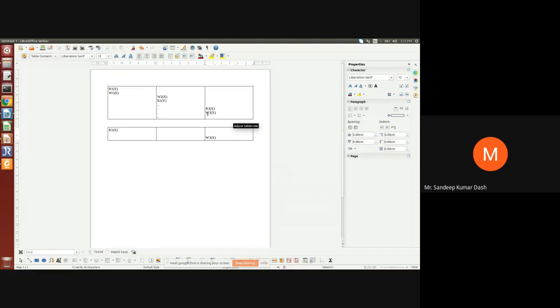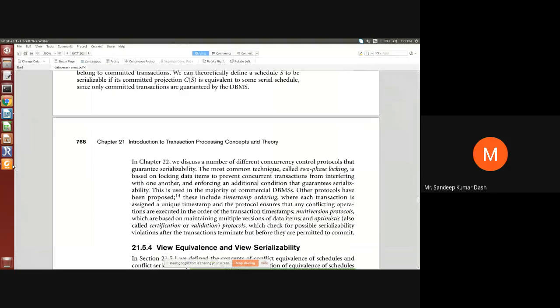Here the modification of value of x is depending upon T3 of this schedule. Similarly, the modified value of x depends upon T3 transaction of this schedule, because this is like writing the value last. Afterwards, no one is writing. Fine. So that is the case of view serializable schedule. If this exists, then you can say that these two are view serializable. So take the example.